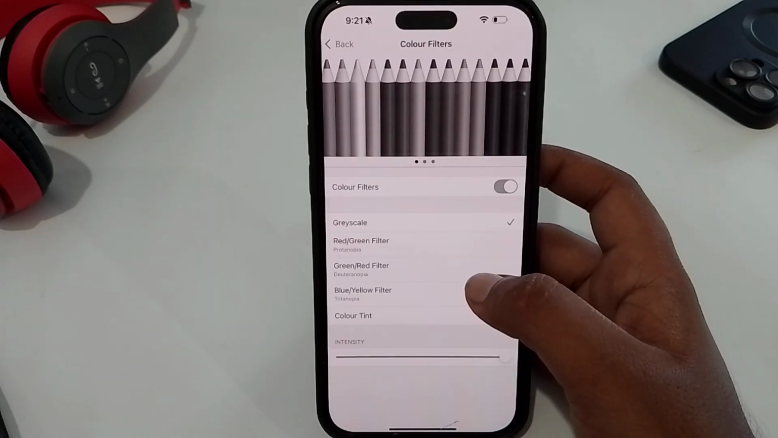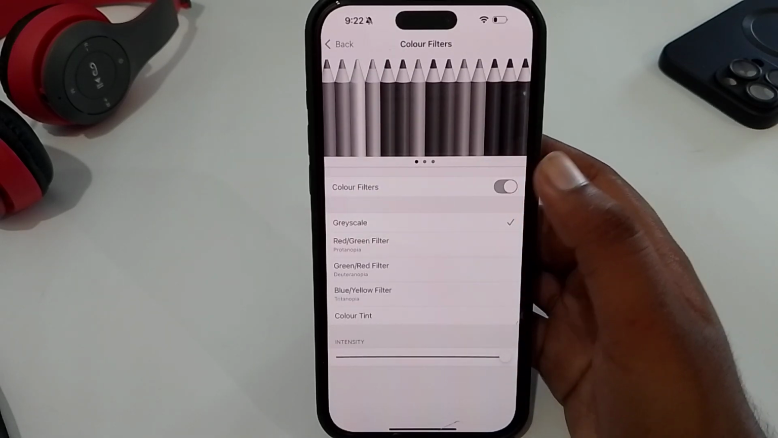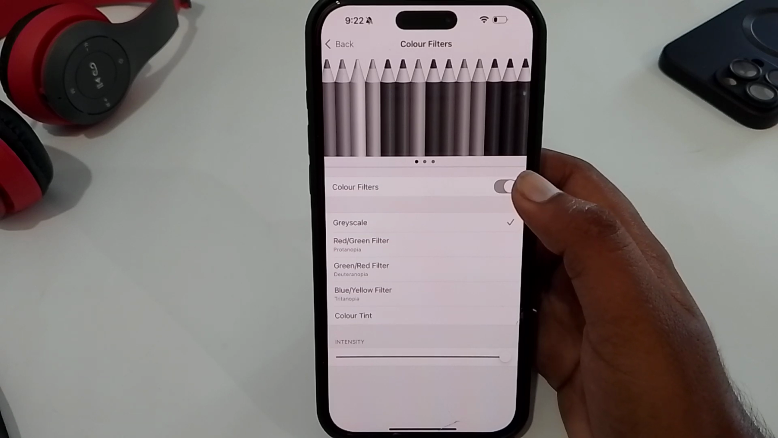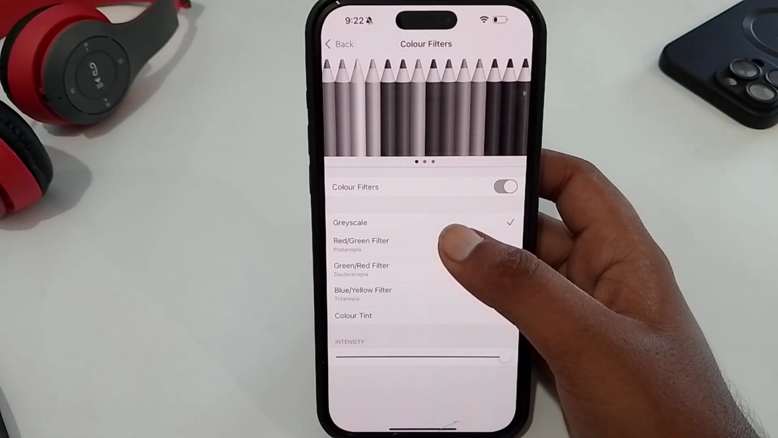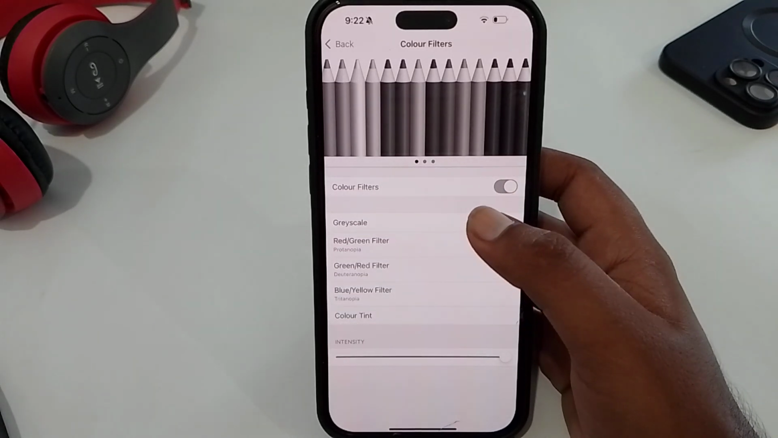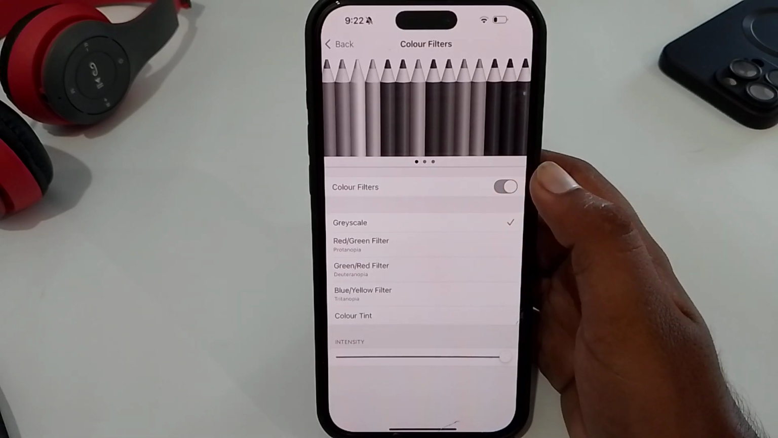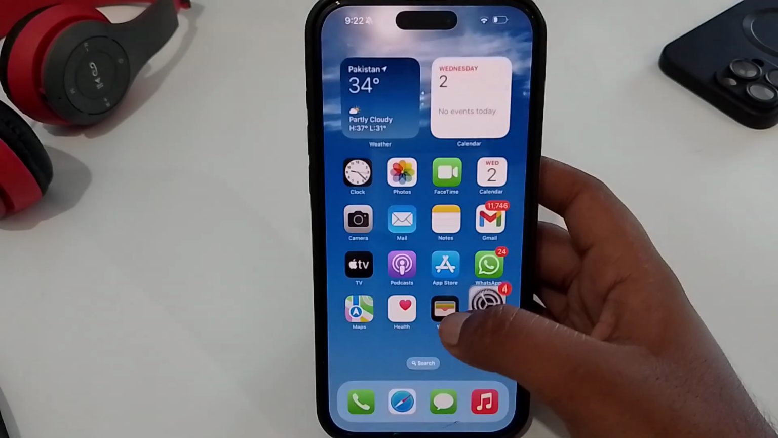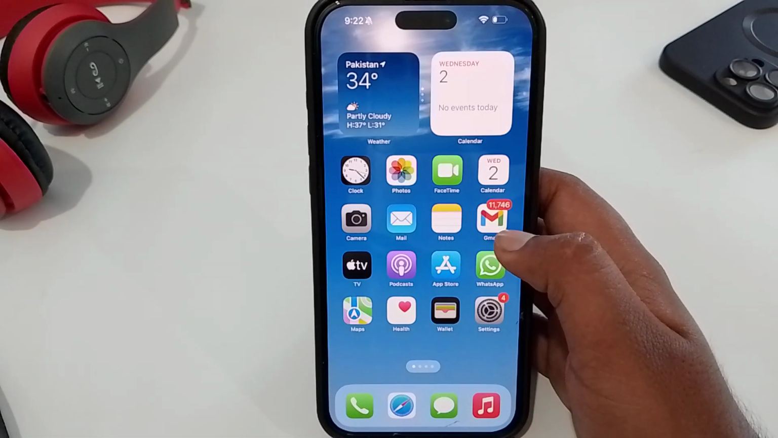Just tap on it and here you can see the other setting which is Color Filters, and it is enabled. Here you can see grayscale is chosen, so I am going to disable the setting. Just tap on it and then it will be disabled, and you can see I have successfully fixed the gray, white and black